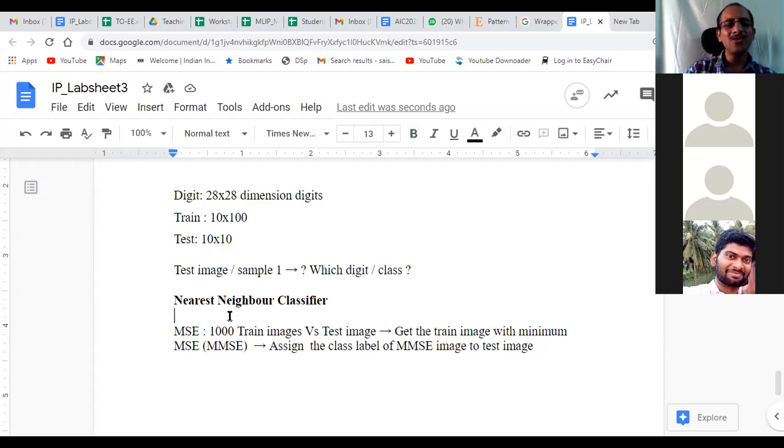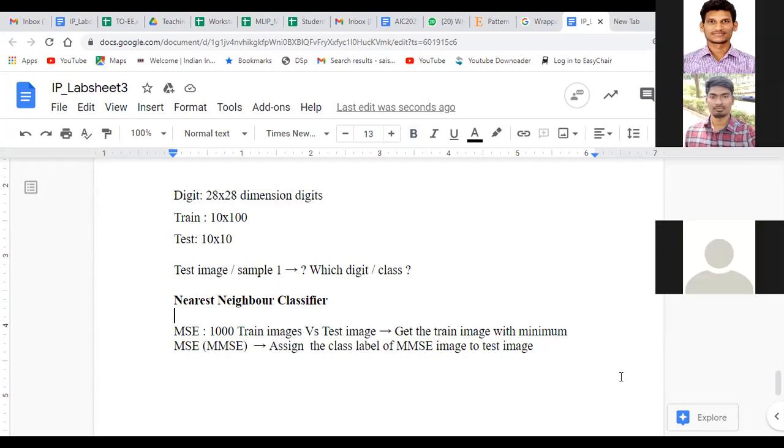Right. Okay. So if I have another test image, what do I do? I did it for one test image. Now I have a second test image. I want to classify. What do I do? The same one. Yeah, again apply the same procedure. Okay. So I do the same for all 100 images and classify them, put the labels, or put them into one of the classes.